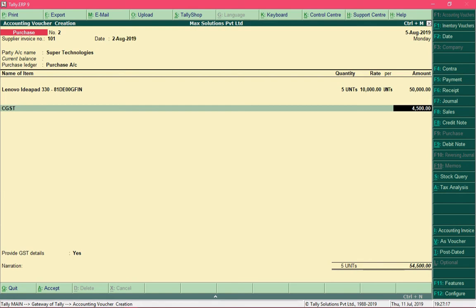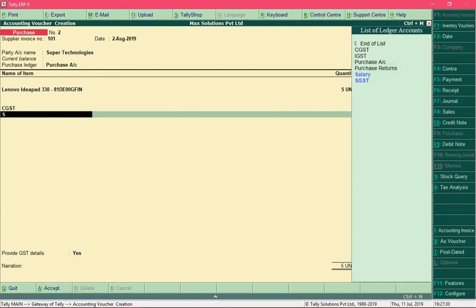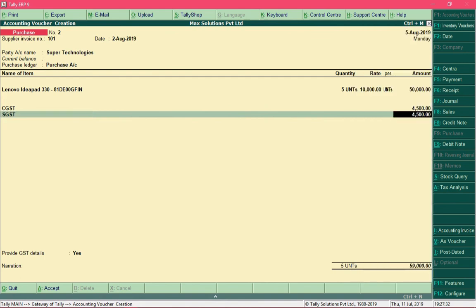This rate was defined at group level, so the GST is calculated accordingly. Now press the enter key and specify the ledger for SGST and press the enter key. Notice that SGST is also auto calculated.